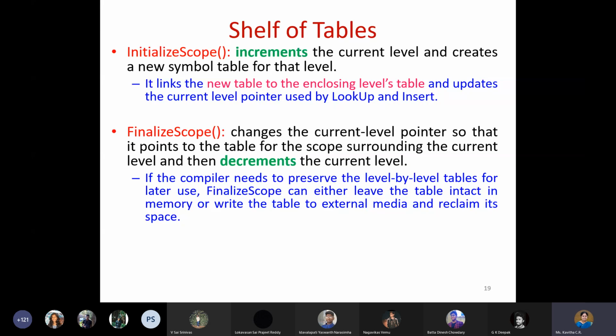Every time we create a new table, it will increment the level number and allocate the space for all the variables in that level. Similarly, whenever the scope ends, it will use finalize scope and decrement the current level and move to the surrounding level and so on. So this is tracked easily using the shelf of tables.